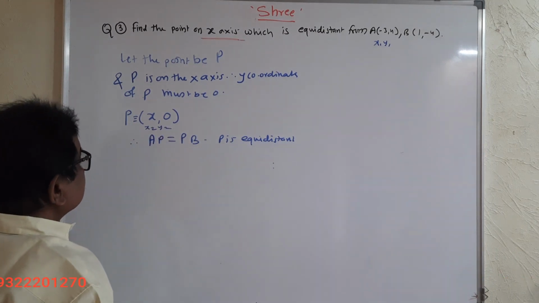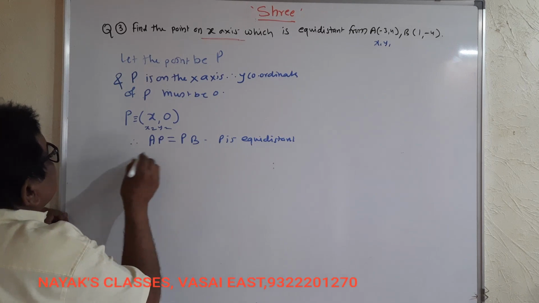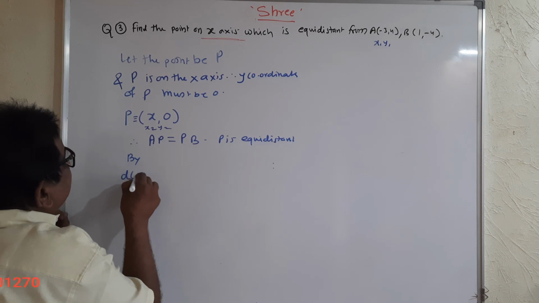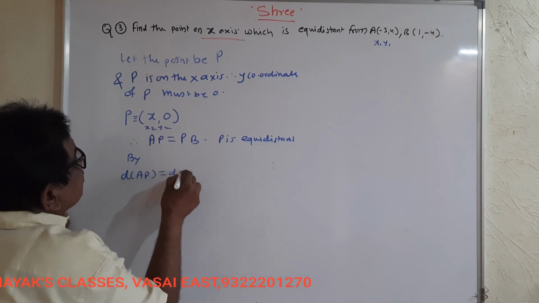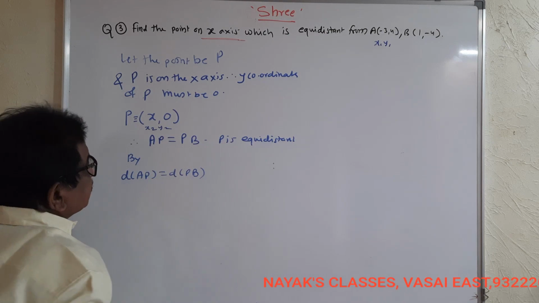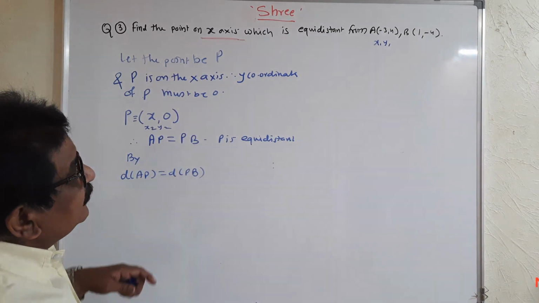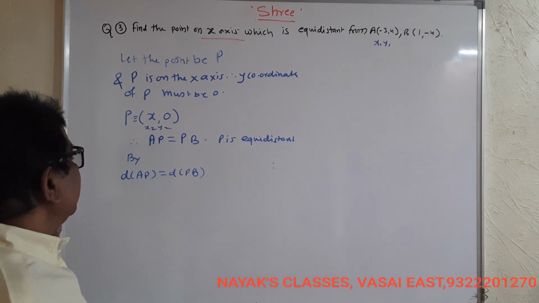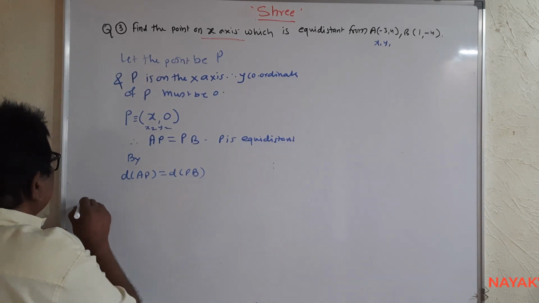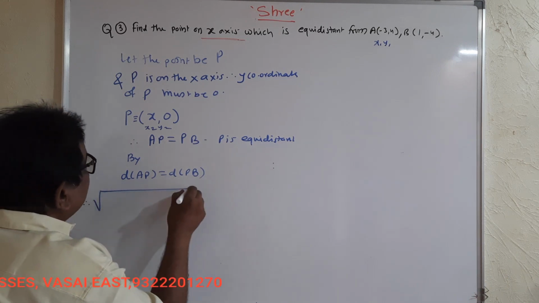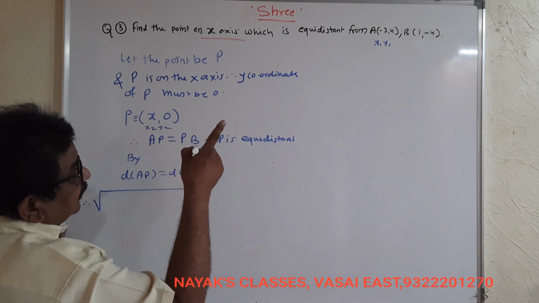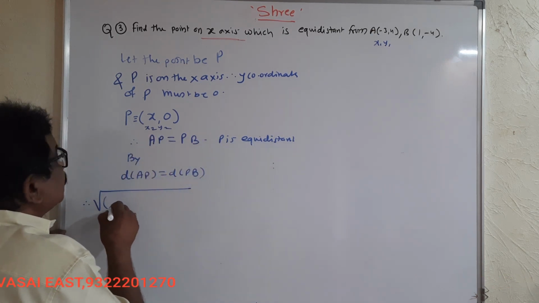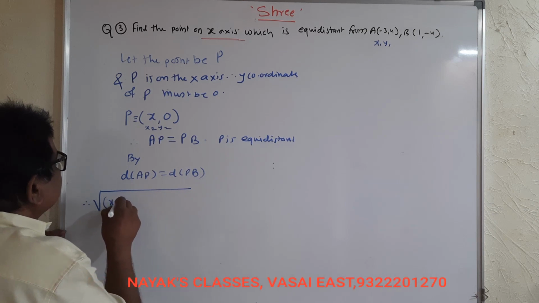By the distance formula, distance AP is equal to distance PB. To find distance AP, we use the formula: under root, x2 minus x1 the whole square